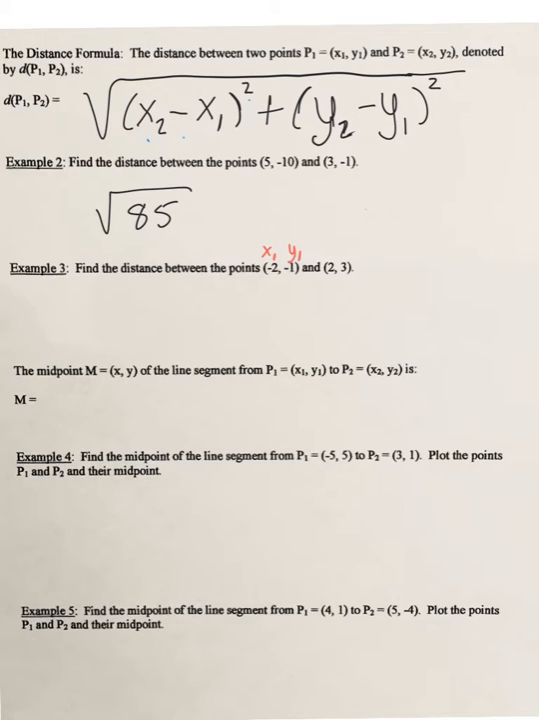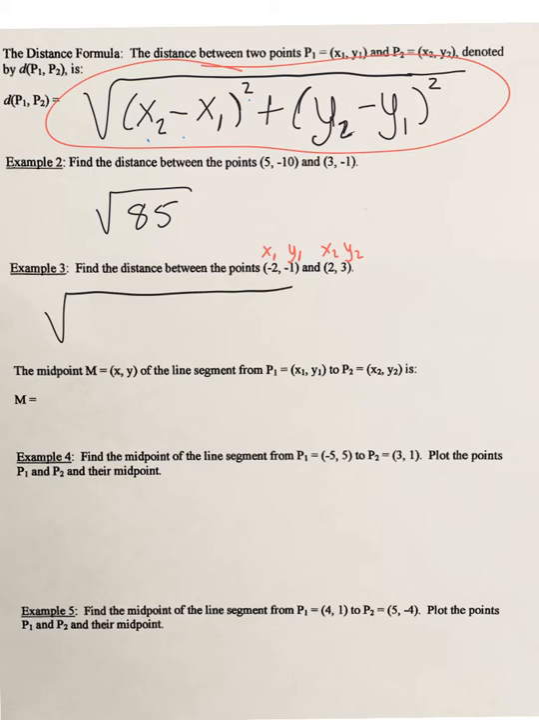The second point I read in the sentence was 2, 3. So x2, the second x-coordinate, is 2. Y sub 2, the second y-coordinate, is 3. Now we plug in to the formula at the top of the screen. So let's write the big old square root symbol, parentheses, x2 it wants us to start with, x2, the second x-coordinate was 2,